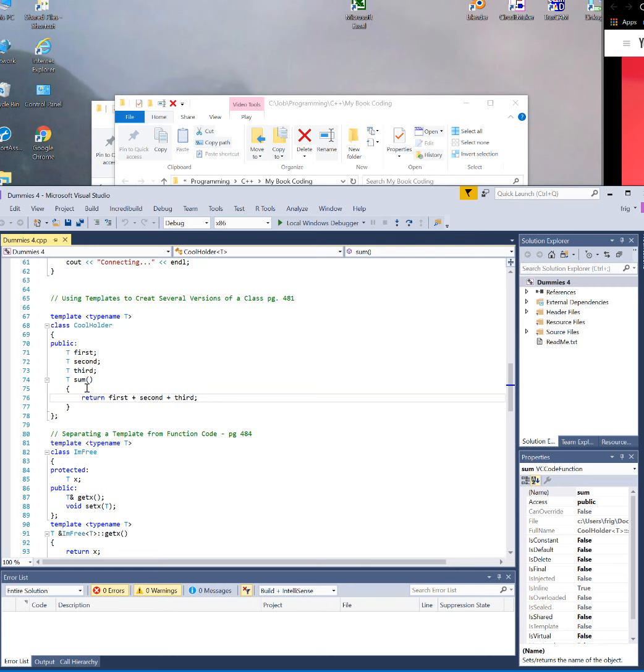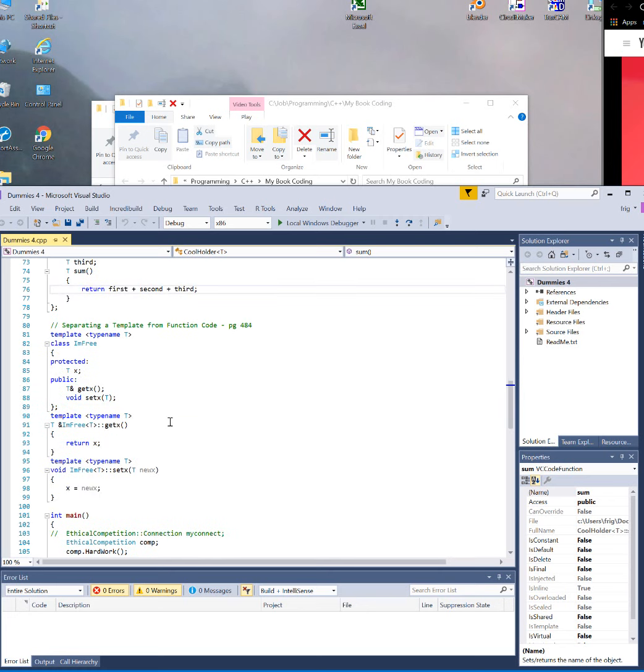So for this class, all right. And down here we kind of do the same thing, but we separate the functions out of the class, and you can see it uses rather strange code to do it. This scope resolution operator with getX would normally not be required. I don't know why they're doing a getter function, returning a